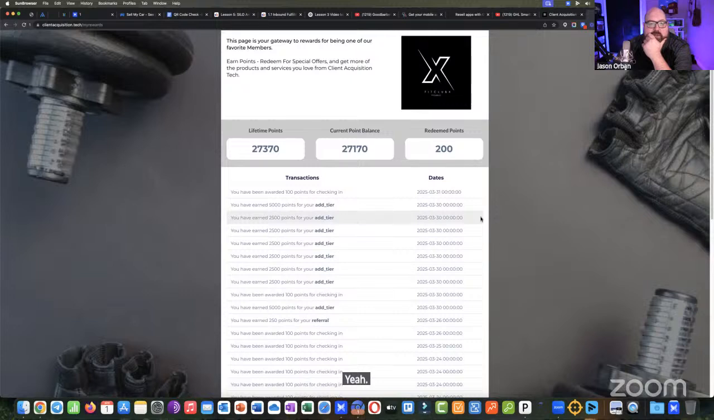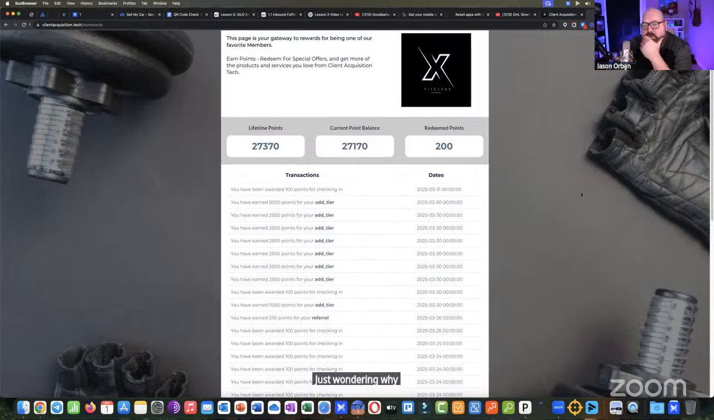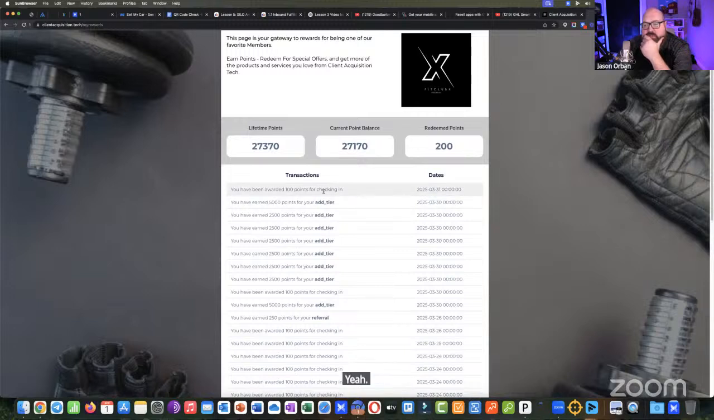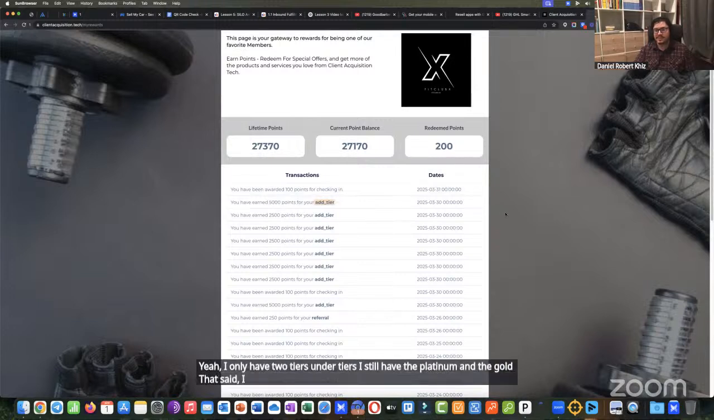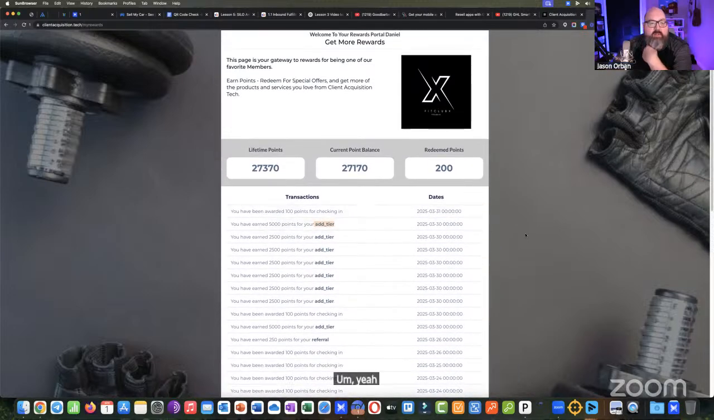I think we can, I just have to see. Just wondering why it's not pulling it in already. It's only because I guess it's maybe saving with only add tier as the title. I only have two tiers under the membership. I still have the platinum and the gold. That's it, I didn't add any other tiers. Okay, and then I'll see if we can, because what it originally was supposed to say is